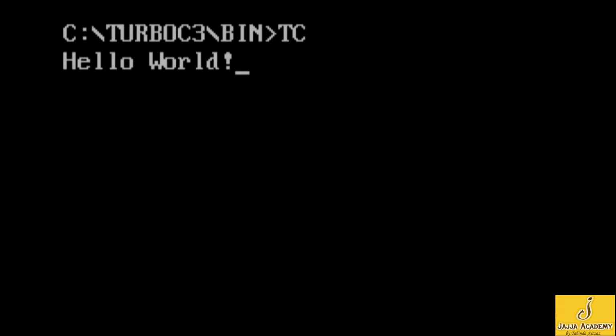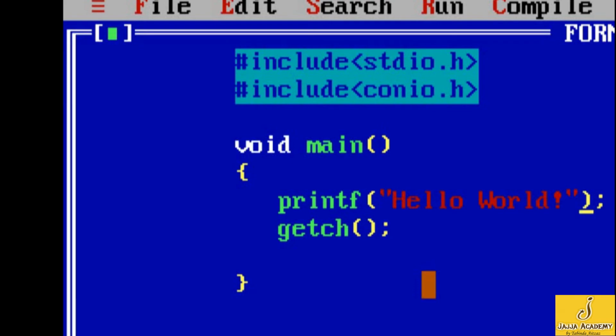Notice this blinking cursor. Actually, it shows that the getch function is in progress and it is waiting for the user to press any key from the keyboard. And then that key will be received by the getch function, but it will not return that key. Now I'll press the key E and the control is back to the editor. Now let's use the getche function. Let's run this program. Control F9.